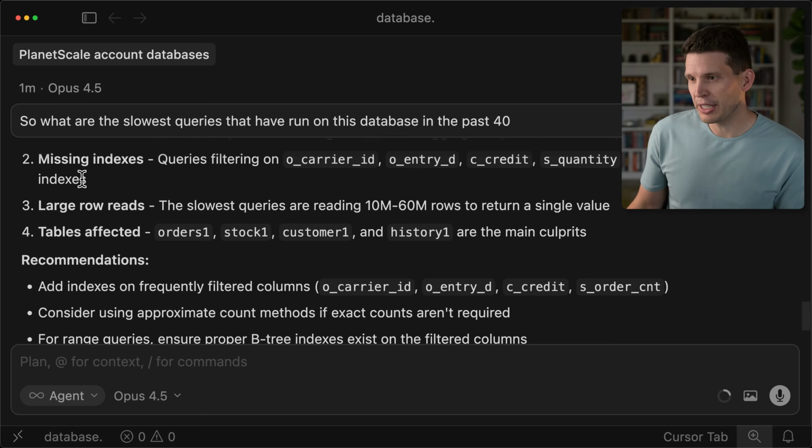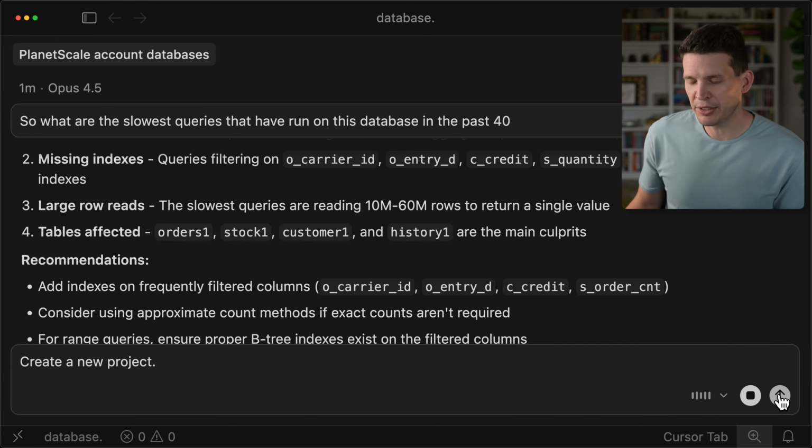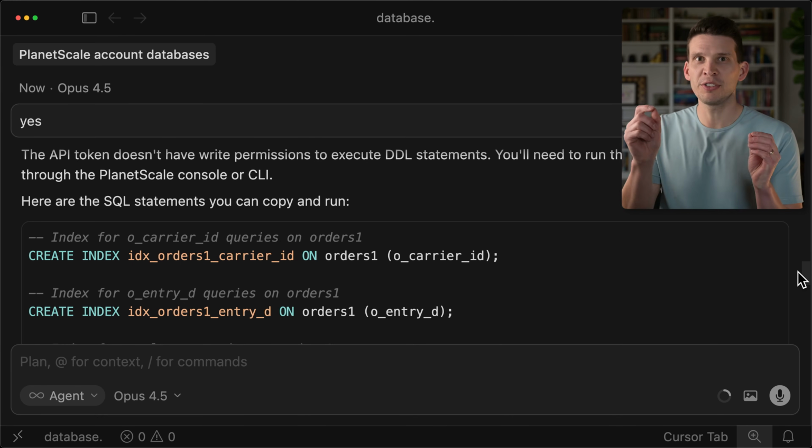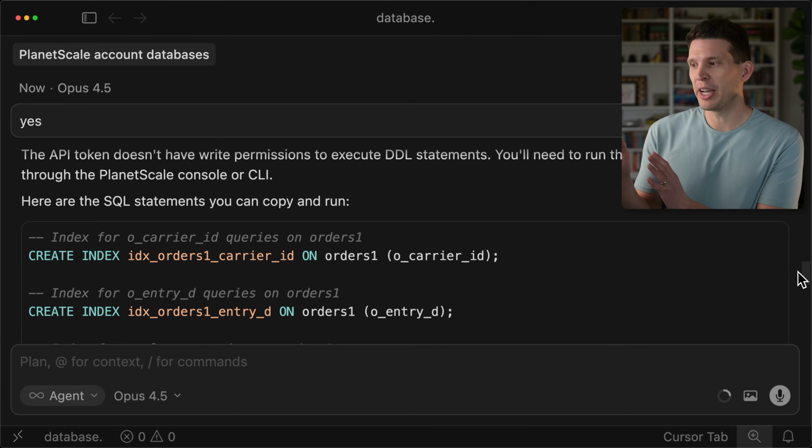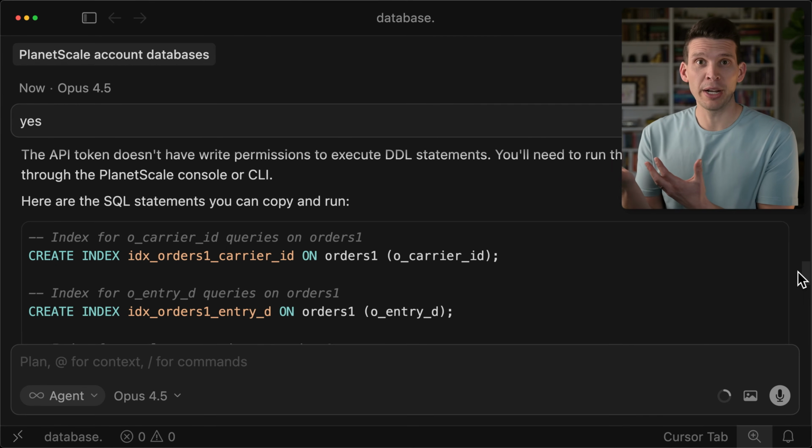So particularly, let's see, the missing indexes. So I'm going to ask it to go ahead and create some indexes for me to make this faster. Create the recommended indexes to make these queries faster, and we'll see what it can come up with. So this is an example of a very nice feature of this server. Even though I told it yes to go ahead and do that, it tried to execute a write statement and